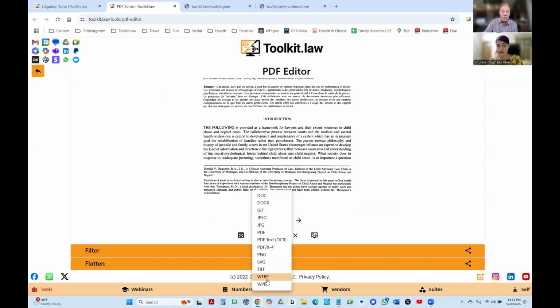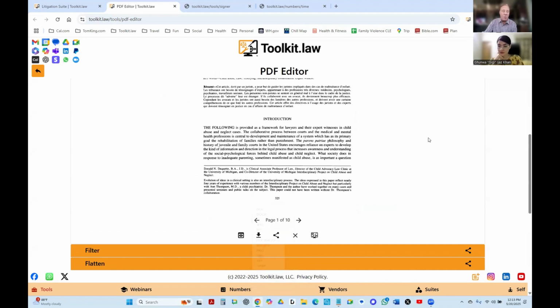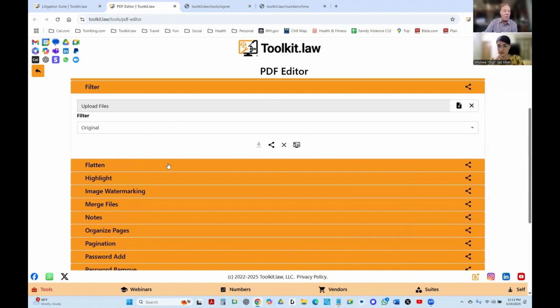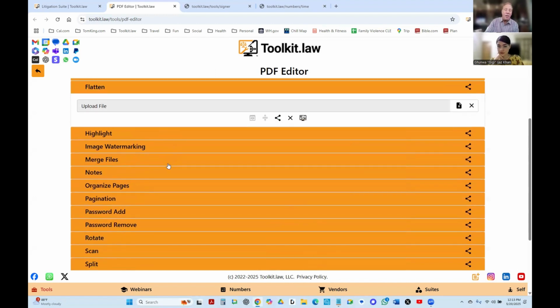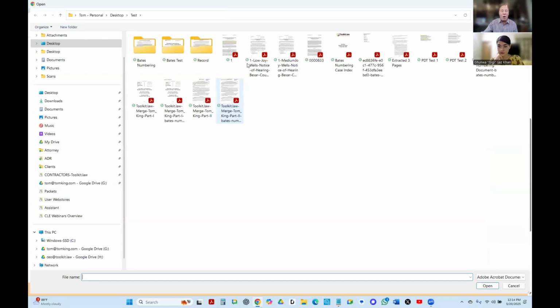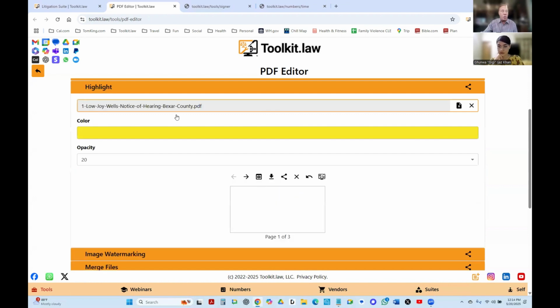And look at all the different file formats that we do for file conversion for documents. You can apply a filter to a PDF. You can flatten it. If you're a technical PDF person, you'll understand what that means, especially if you're a creative person. We do flatten what they call levels. You can color highlight something. So if there's something you want to point out to the mediator, the arbitrator, the judge, or the jury,